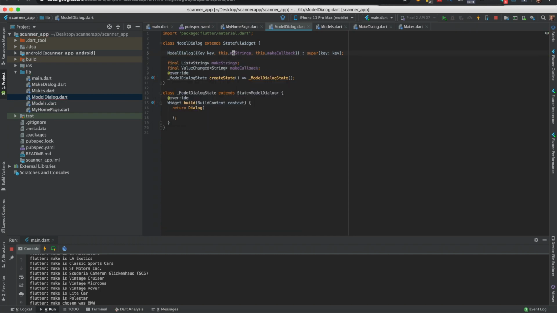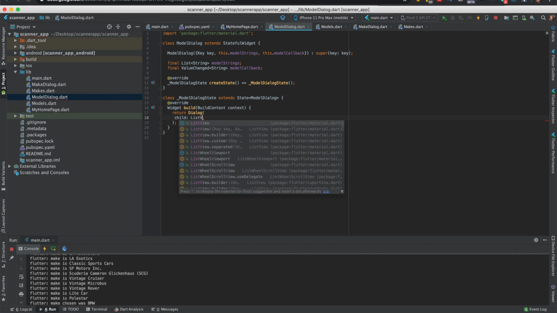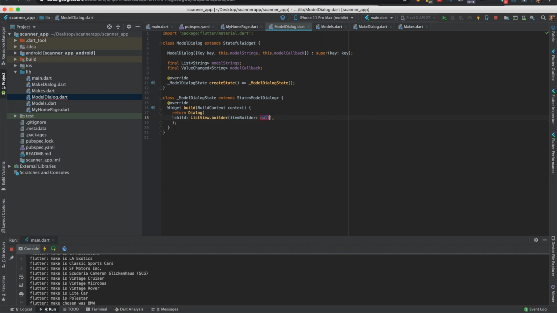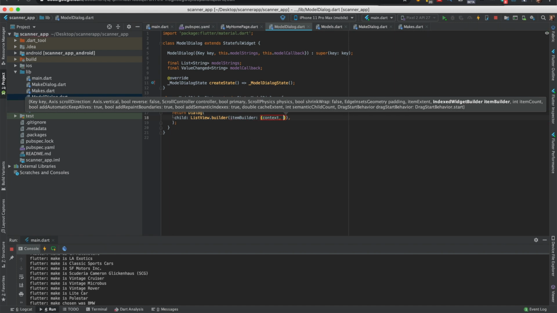Name this to model strings, model callback. So model strings. I thought it would autocomplete for me. I guess not. So model callback. So yeah. So the child for this is going to be a list view builder. And the item builder takes context, which is a build context. You don't have to write